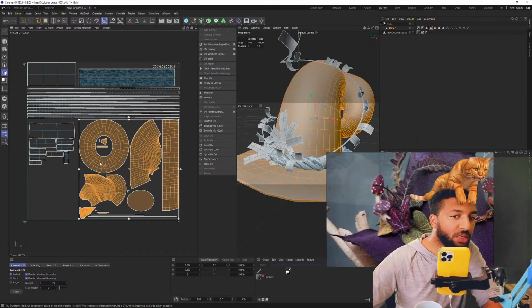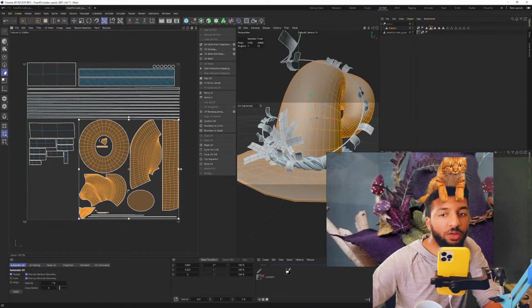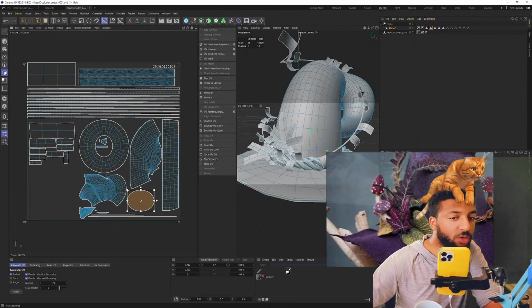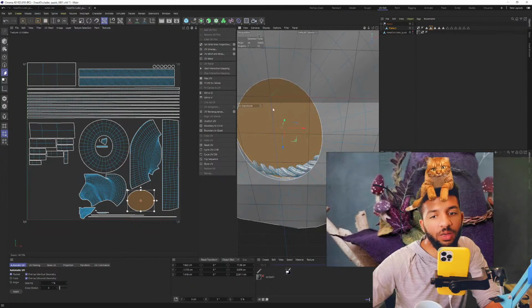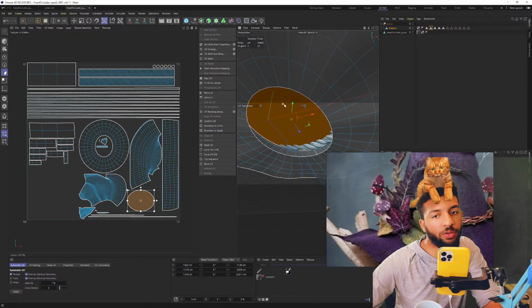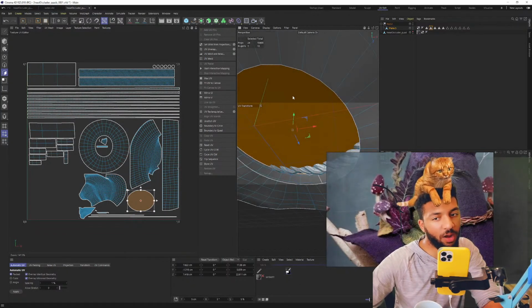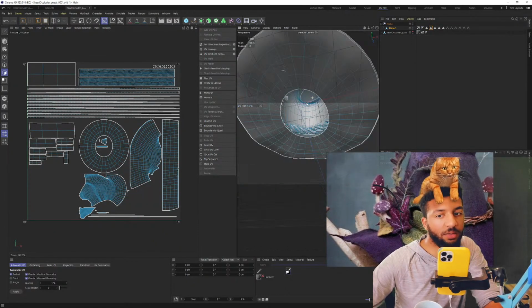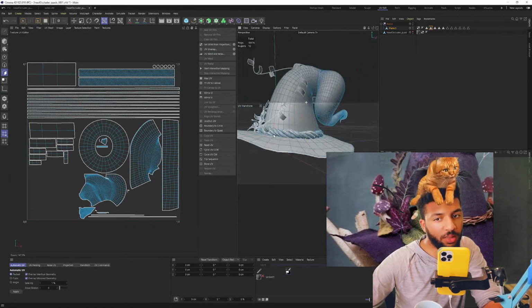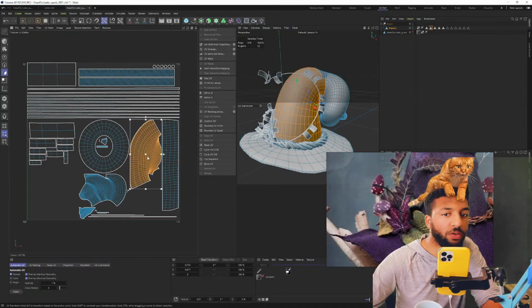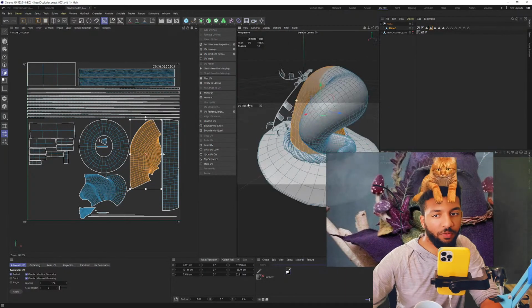And for areas that people see the most closely, you should honestly give those the most resolution. So for example, this giant circle here, no one's going to be seeing this part of the model because it's hidden in a spot that they're not going to see. So I'm going to delete that because that's just wasted resolution that we could be using for other parts of the model. Like for example, this part, the front of the hat,